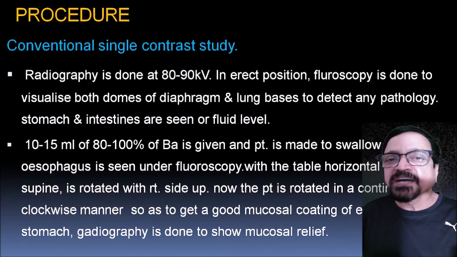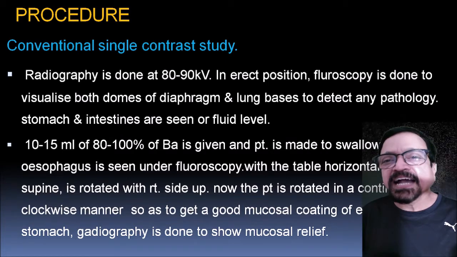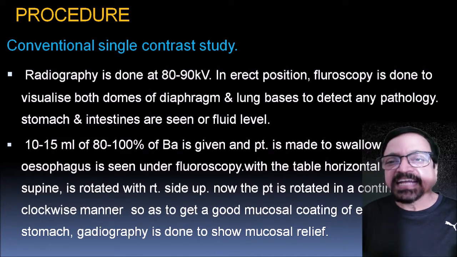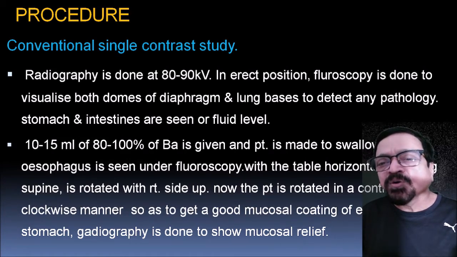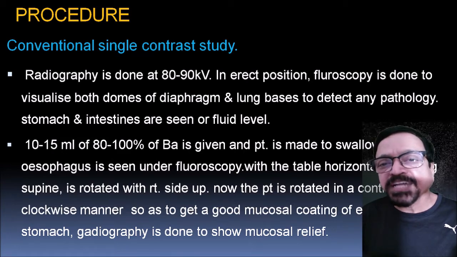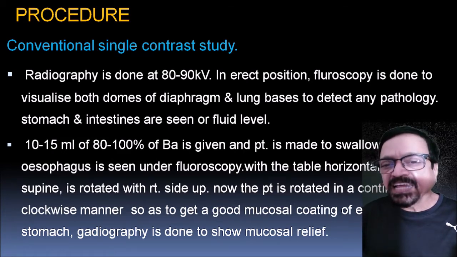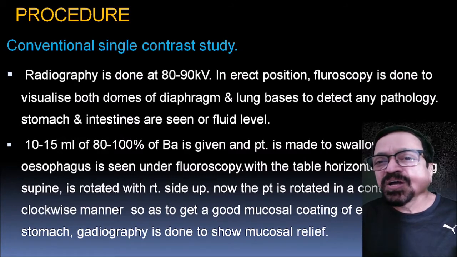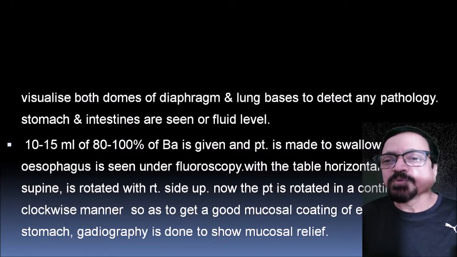Now what we have to do is first give barium to the patient, then follow it under the fluoroscopy, see that it reaches the stomach. Once it reaches the stomach, you maneuver him by rotation in such a way that entire barium coats the stomach wall and it starts getting into the duodenum. The moment it starts getting into the duodenum, we have to stop delivering further barium from the mouth, and then radiography for the stomach is to be done with the help of 80 to 90 kVs under the fluoroscopy.